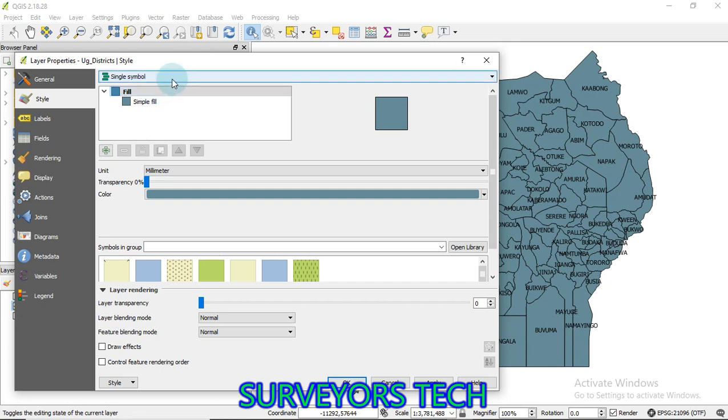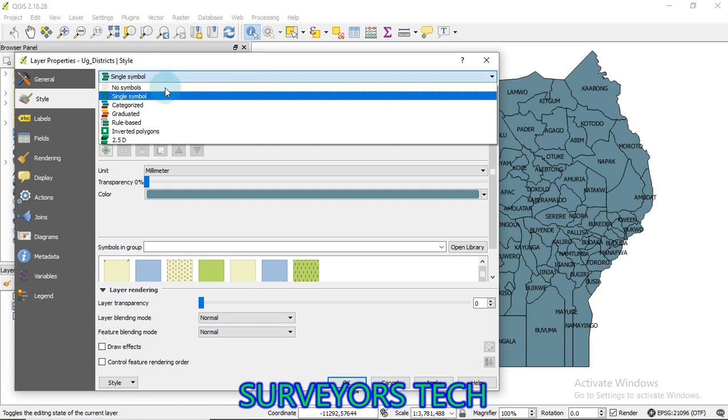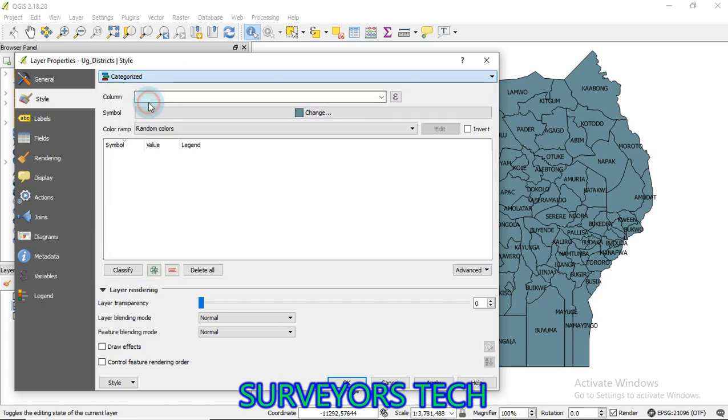In this case, we are going to use categorized. What do you want to categorize? I want to categorize districts based on this field. I want to use a district column whereby each district name is going to have its own color on the legend.